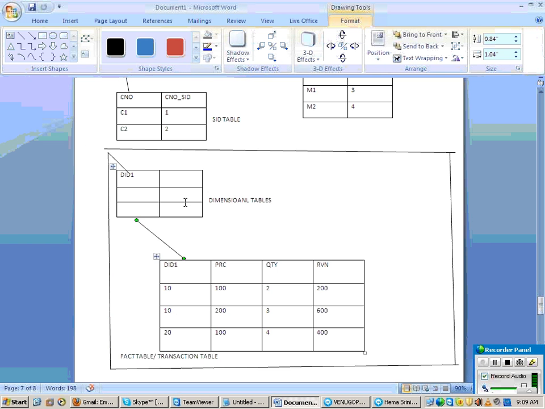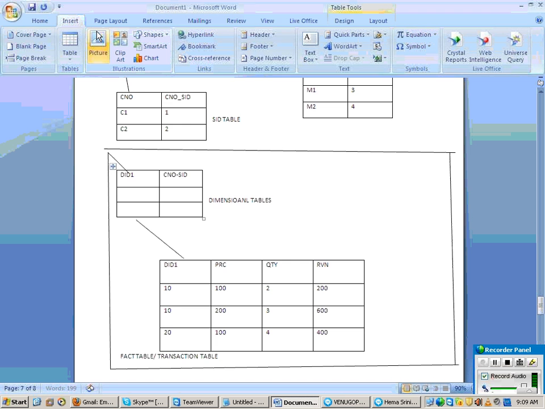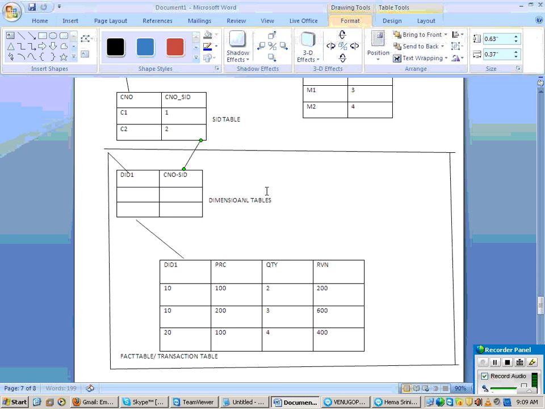So what happens here? A link from the SID table of customer to the dimension table is formed inside the database.